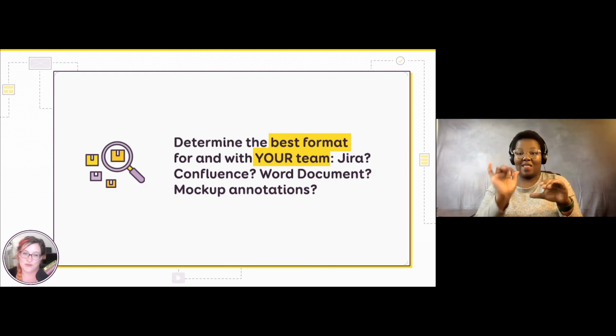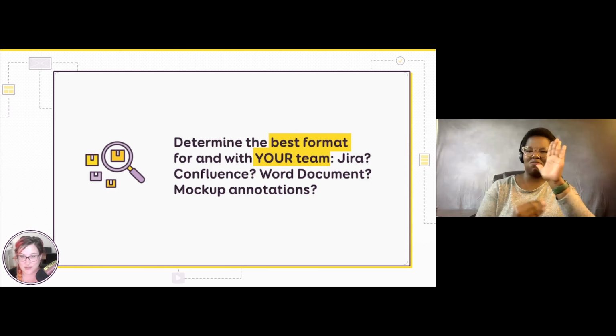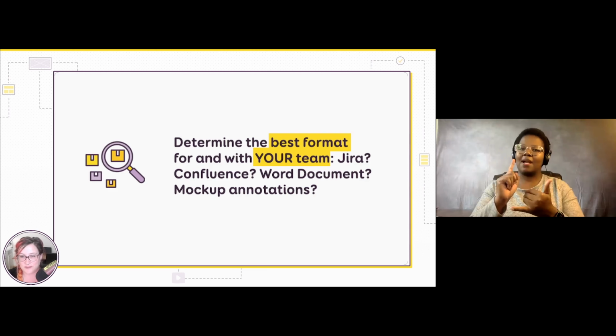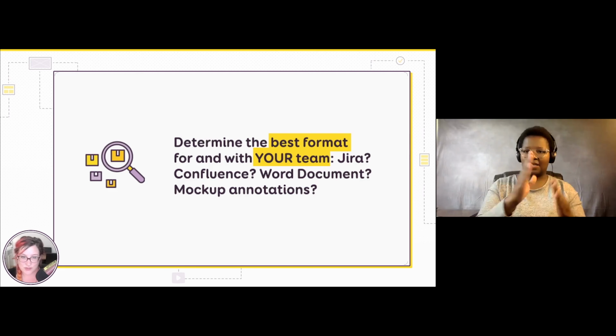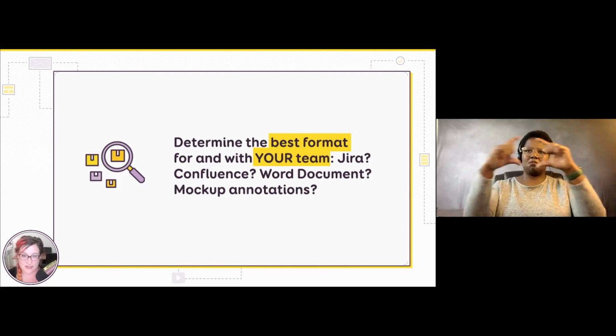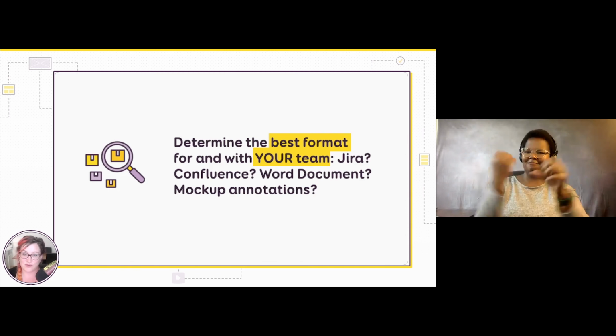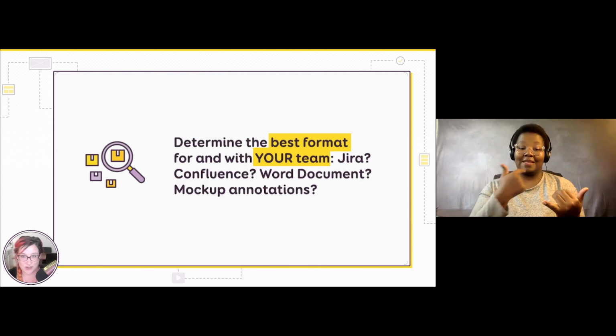But if you want to document something for your team, I would say it needs to be useful. And for that, ask your own team how they would prefer you to document as a designer. There can be many different things. Some people prefer super detailed Jira tickets. Some people want a super detailed Confluence documentation, maybe a Word document, some mockup annotations. In Figma, for instance, you can put a lot of comments directly on the screen, so you don't even need to export those things. For me, it's all about what's the best format for your team. And this has to be an open discussion if you want your documentation to be used.